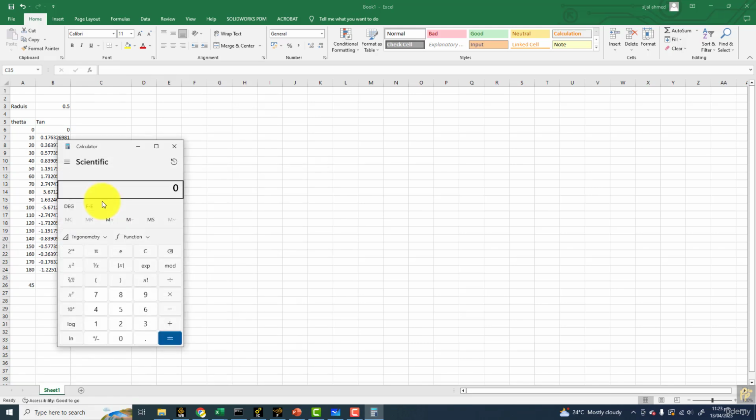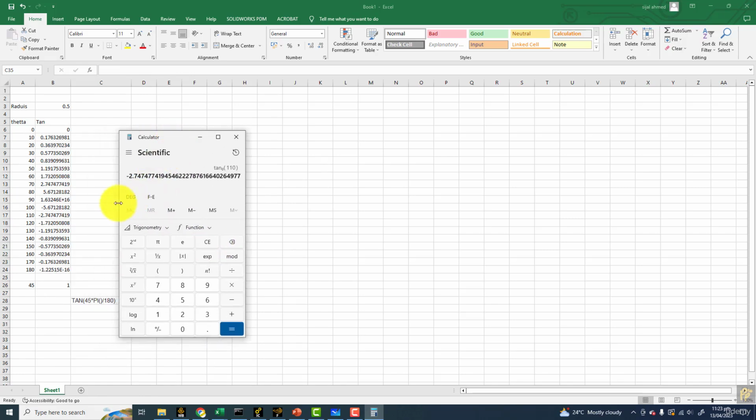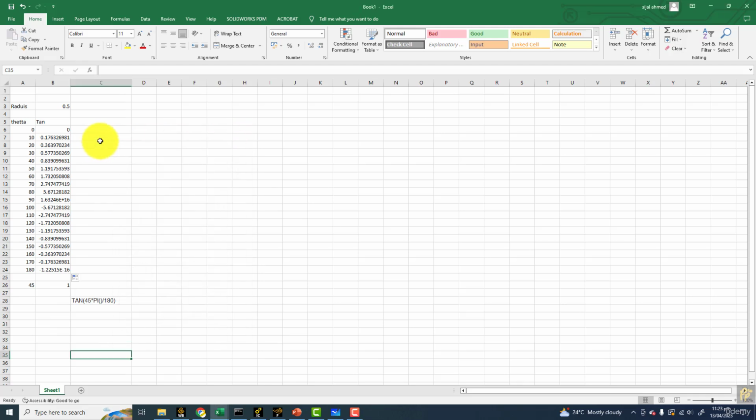And just to confirm, we have to use a calculator and see, for 110, what is the value of tangent? So for 110, the tangent value is minus 2.747. So it's correct. So now it is done. So from here, we can show the y is equal to, this is for the x in terms of,